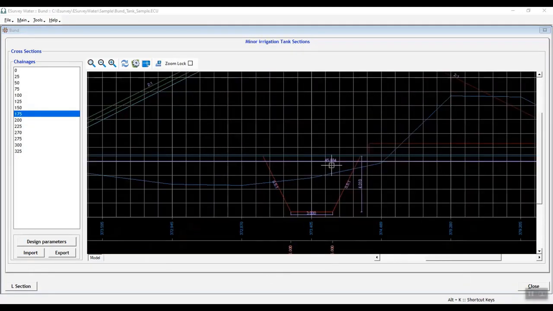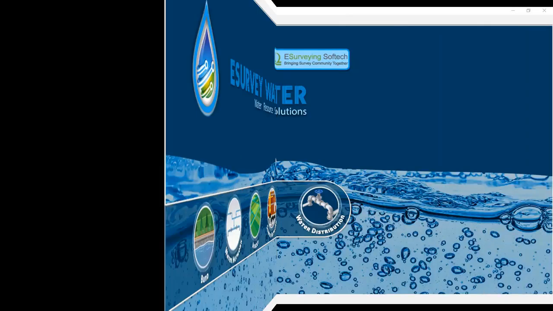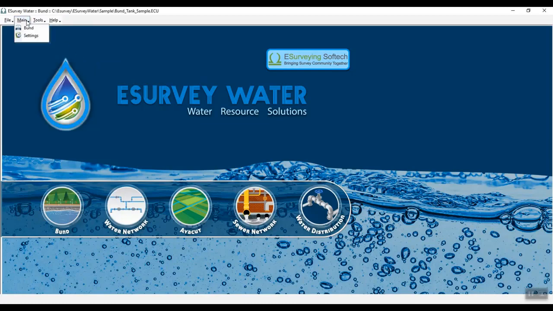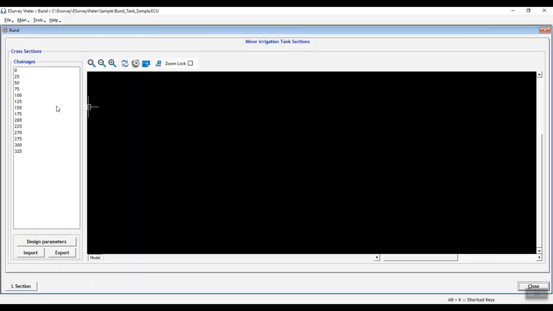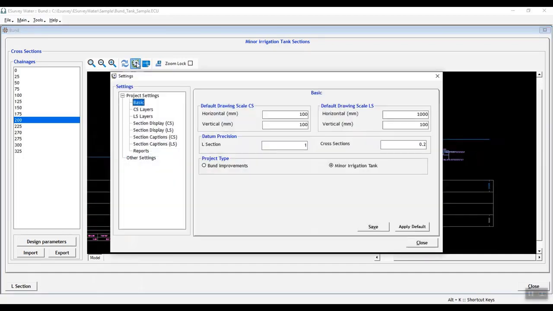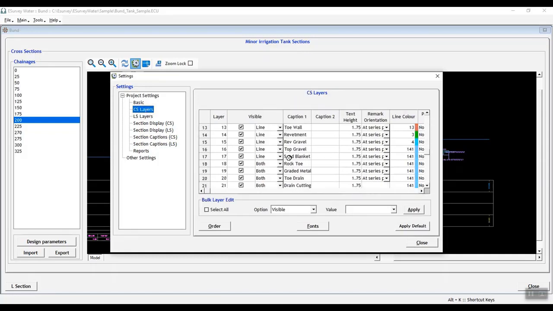For a minor irrigation tank, you can easily manage the option for various settings arising due to the height difference between the bed level and the top level by creating the template per required standards. The same can be applied based on the different heights and lengths along the bund. This module is most suitable for professionals working in irrigation projects.